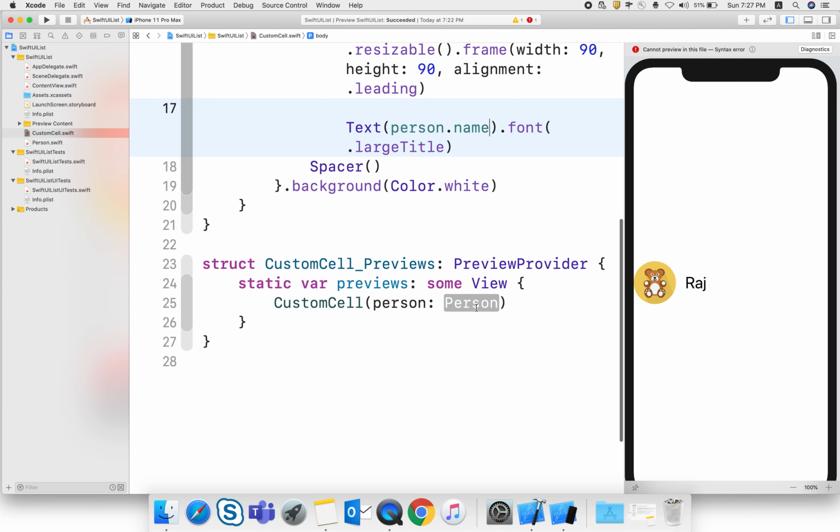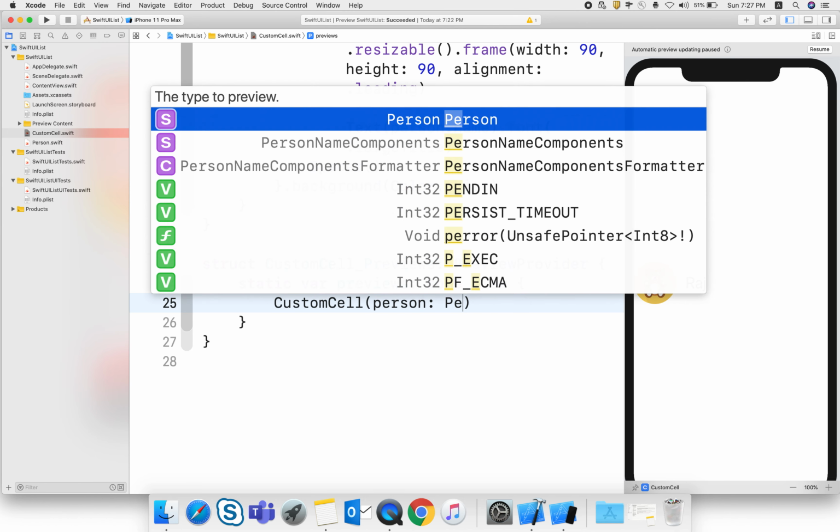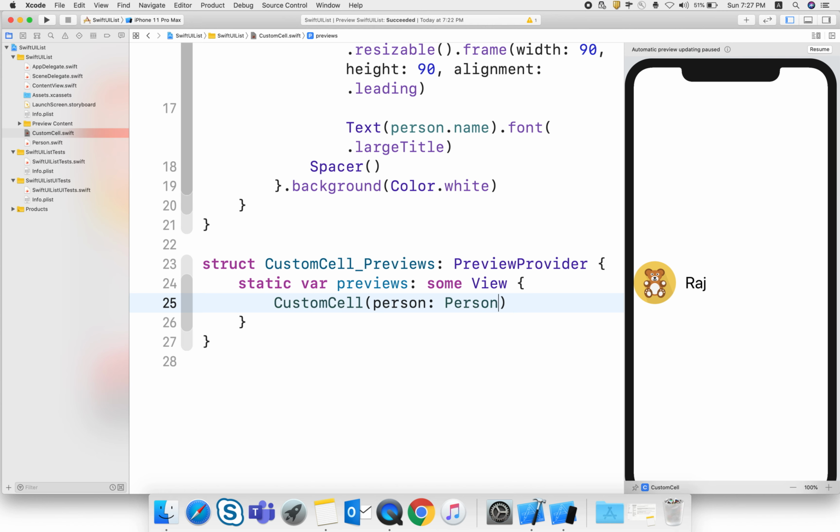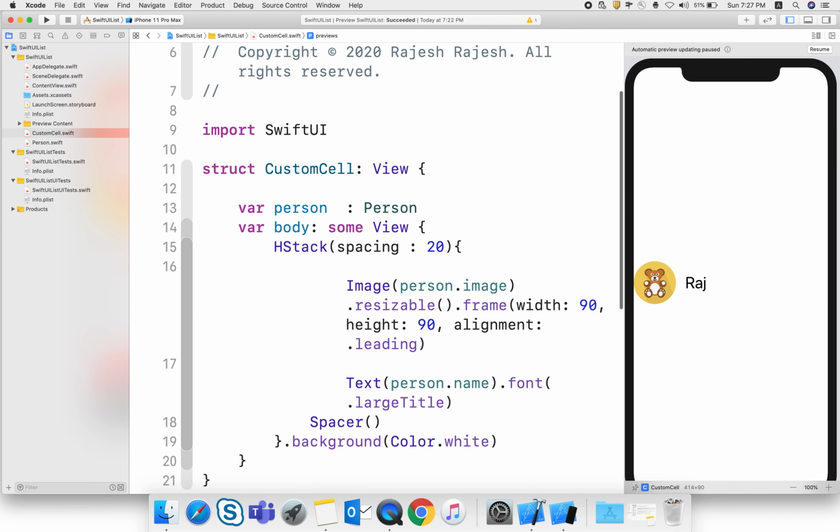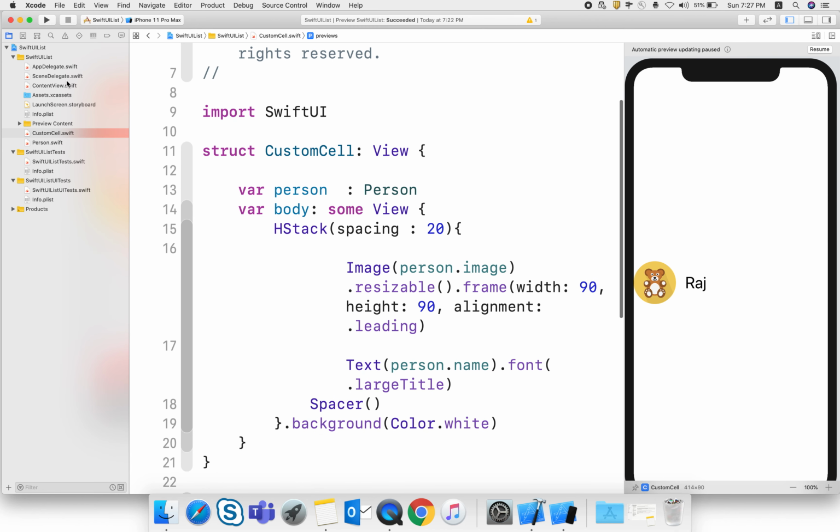Here I just pass a hard coded name, and the name of the image is p1. Now our cell is ready, our model is ready.